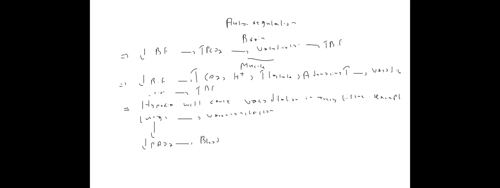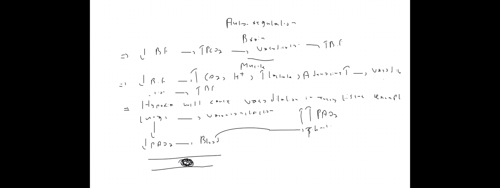So what will I do? I will close this pulmonary artery and will shunt the blood to the well ventilated area. Suppose this is another area which is actually receiving more oxygen. There's a lot of oxygen there. So this blood was coming here. I will block this artery, close this artery, and shunt the blood to this region where I'm getting more oxygen. So I get the shunting here.